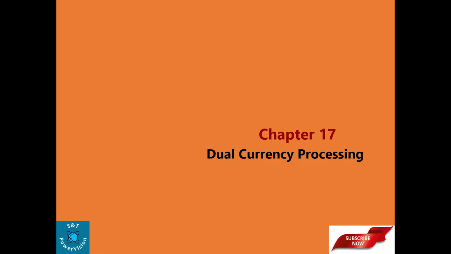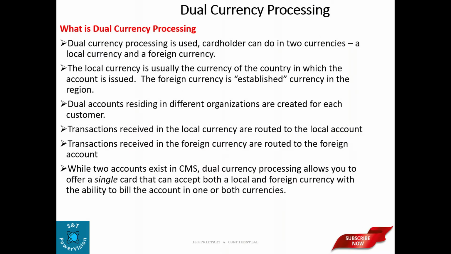Suppose as a normal customer we have our card issued in India, and we are using the card in the local market. But suppose tomorrow we are going to some foreign country, so we have to use our card there also. In that scenario we have to activate dual currency processing. It means we can do transactions in two currencies: one is our Indian currency, and the second is any foreign currency where we are traveling, maybe the US, Australia, Europe, whatever. So we'll see what the important parameters are here.